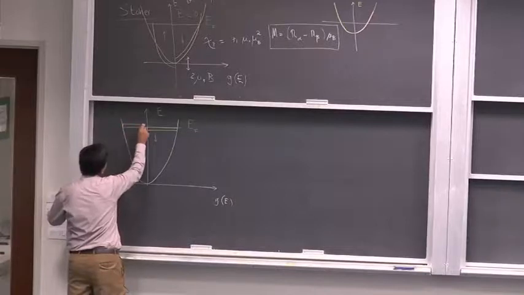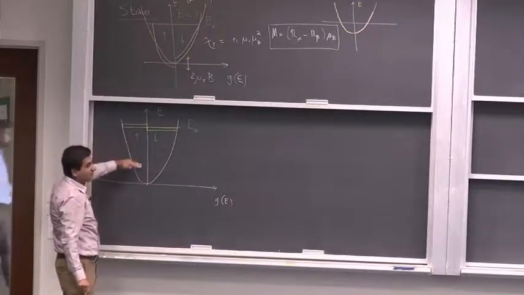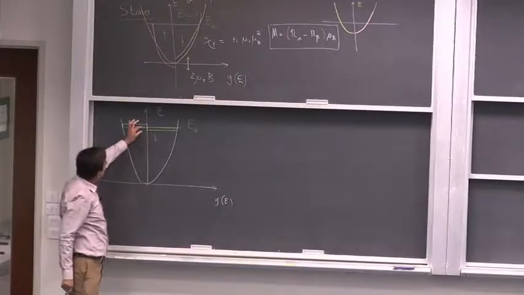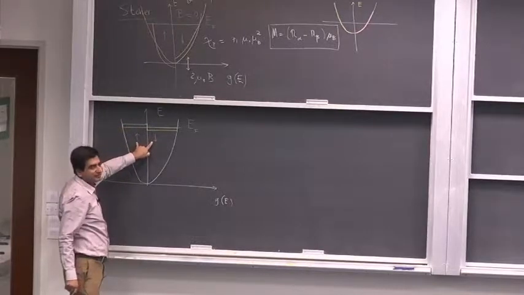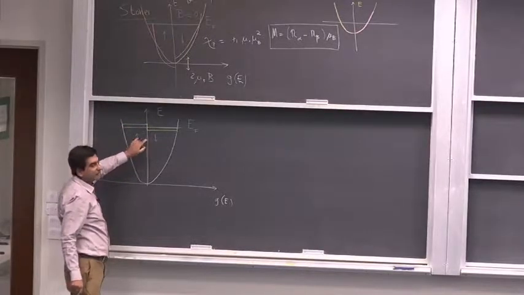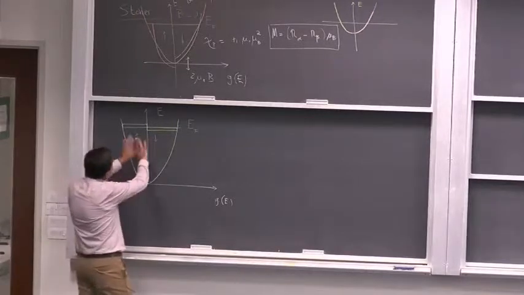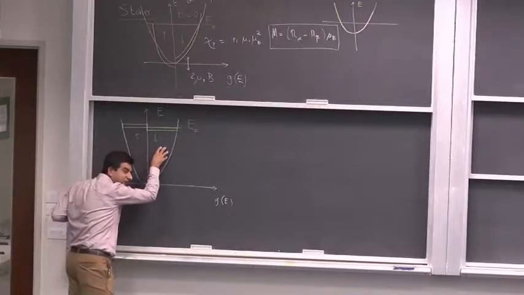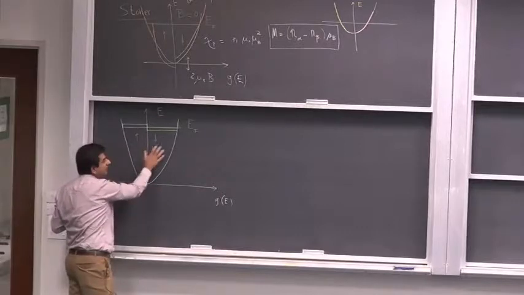They have to go here because this band is completely filled. They can also go here because these spins are opposite. But if this band is completely filled, since I've done the spin splitting here, which means this band is completely filled and this band is completely filled. I've drawn this band in such a way that this is a completely filled band and this is a